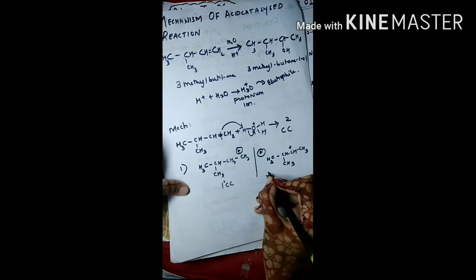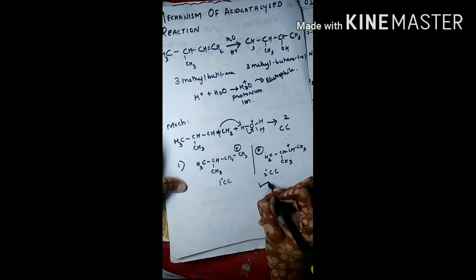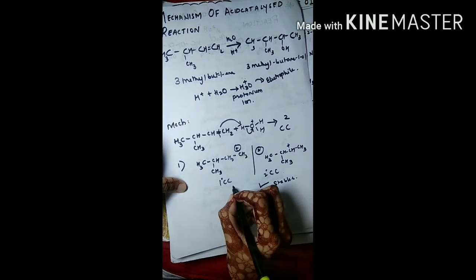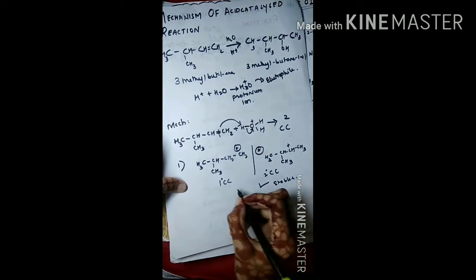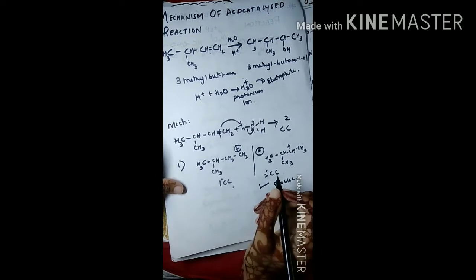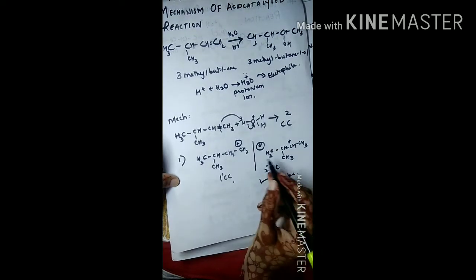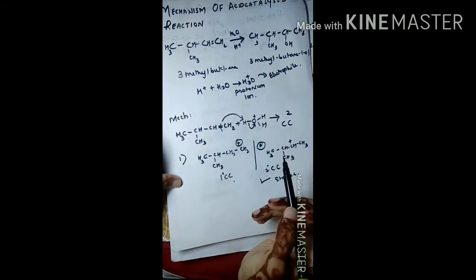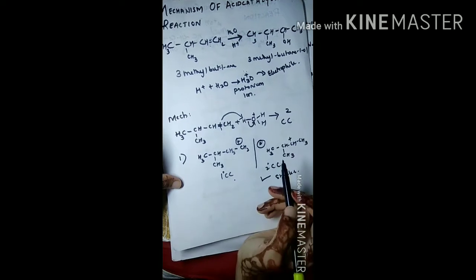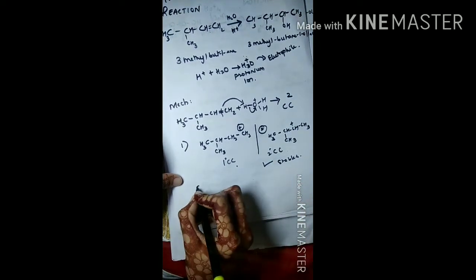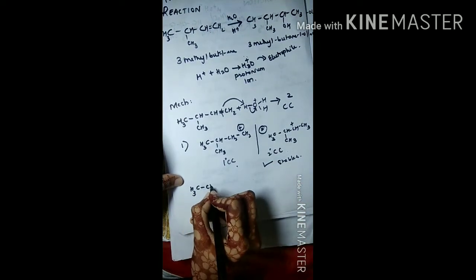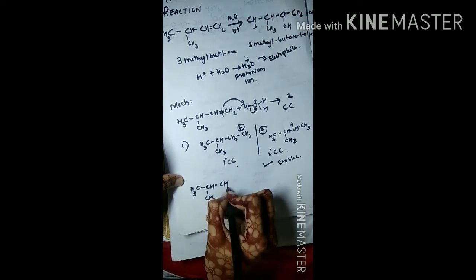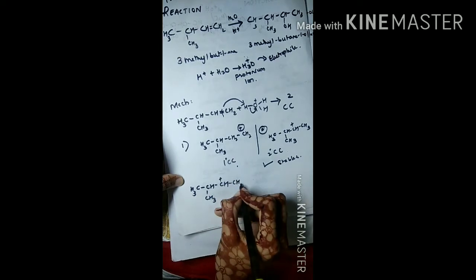gets the hydrogen. So here a primary carbocation is formed and here a secondary carbocation is formed, and we know that the secondary carbocation is stabler than the primary carbocation. Here the secondary carbocation is formed during the reaction. Now, next in the mechanism, in the previous step we got water as a byproduct, and the water has an oxygen with a lone pair of electrons and acts as a nucleophile to donate its electrons to the carbocation.